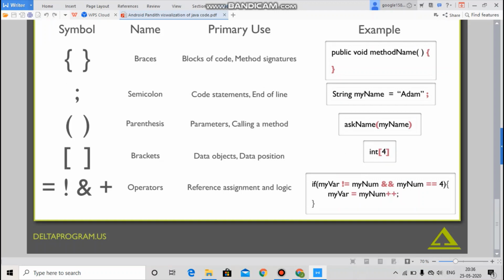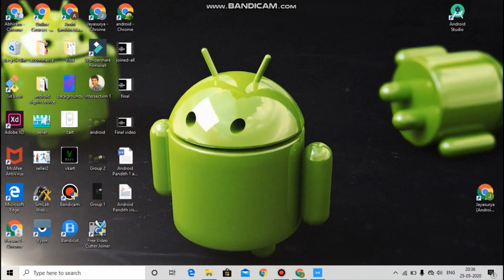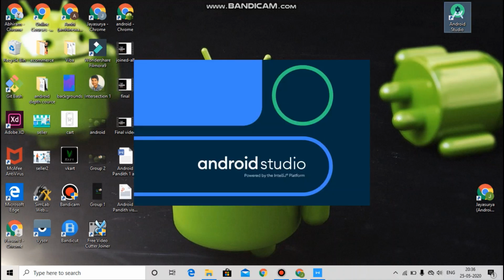And now we will just know how to open a new project in Android Studio. Here you go. This looks so cool. The design is good in the updated version of Android Studio. It takes time to open Android Studio. You can be patient.